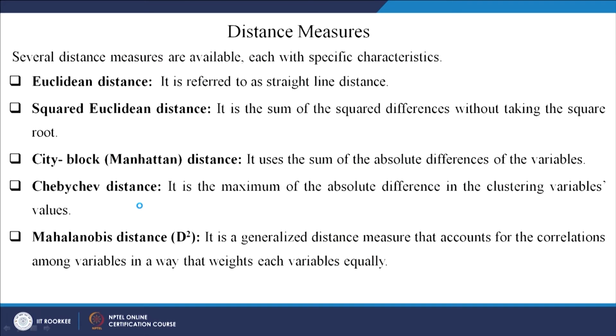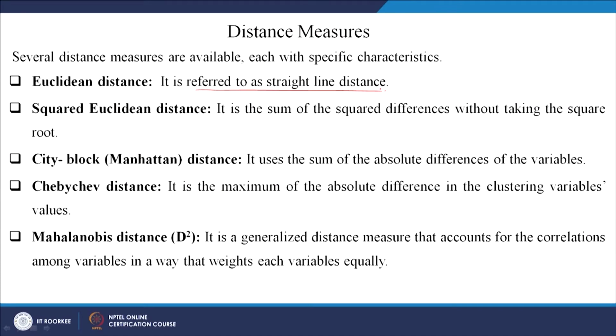So what we are basically doing in cluster analysis is measuring distance. We want to say how far one cluster is from the other, or how far one variable is from the other, or how far one data point is from the other. This is what we want to see, not the correlation, not the trend. Correlation is basically the trend, the pattern. We are not talking about the pattern, we are talking about the actual distance, and here we measure the Euclidean distance, which is referred to as the straight line.